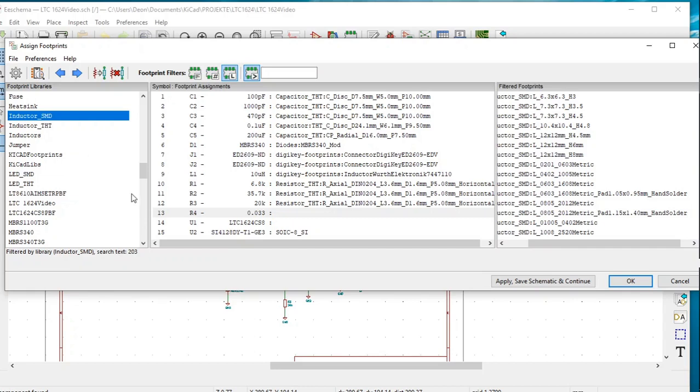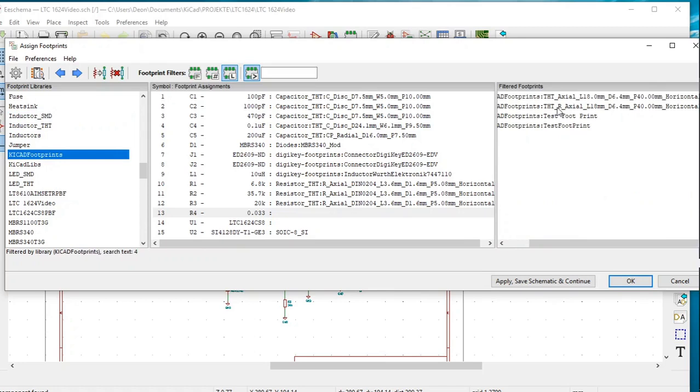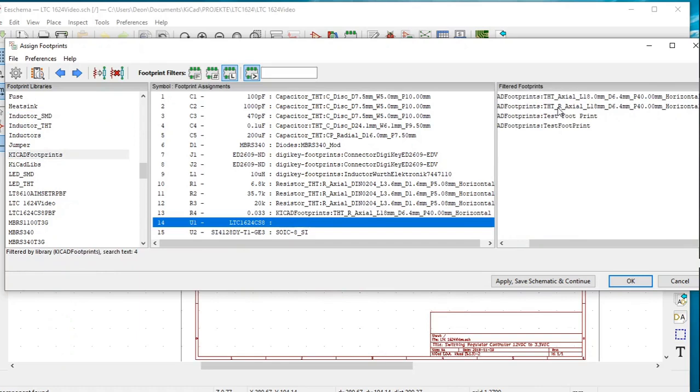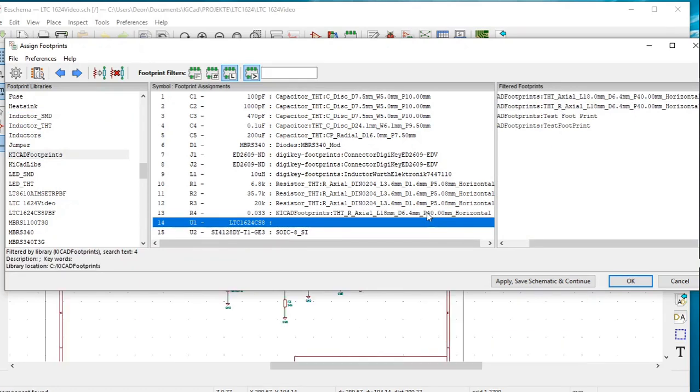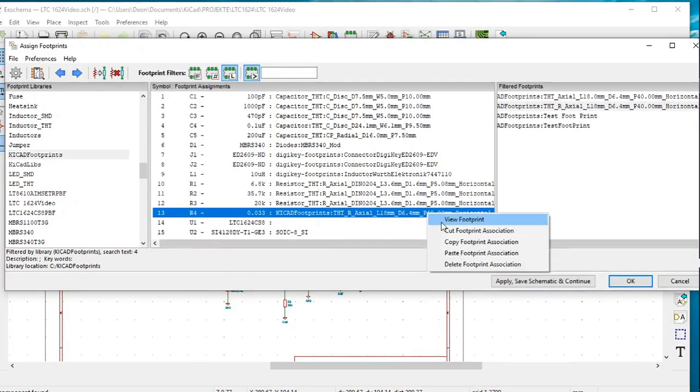Okay, so all that needs to be done now is that the footprint that we have made needs to be assigned to symbol R4, 0.033 ohm, and we click here. We stored it under the Kicad footprints library, and there it is. So all we do is we double click on it, and there it is, and it is assigned to R4, and we can just right click on it and view the footprint,